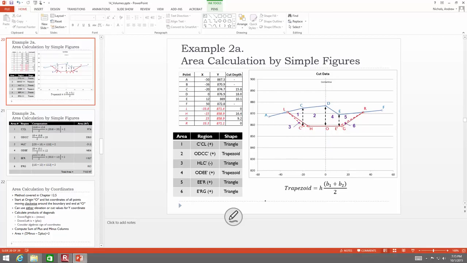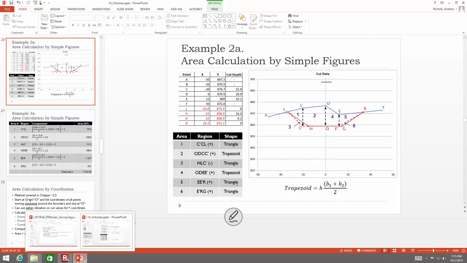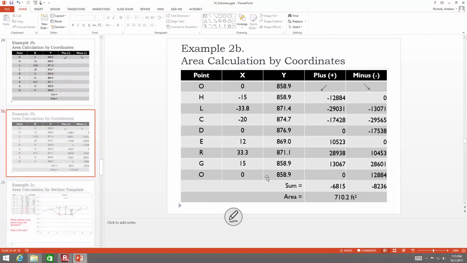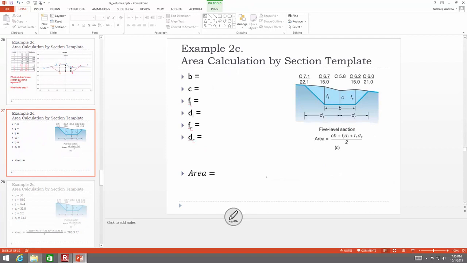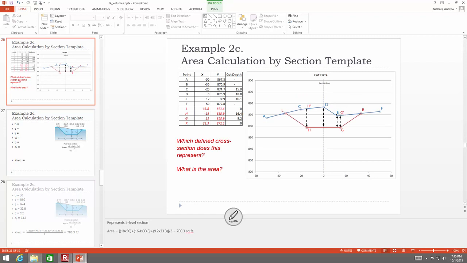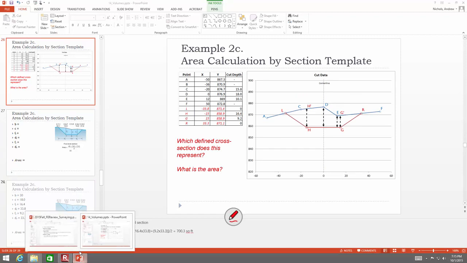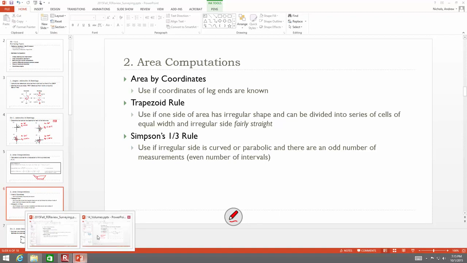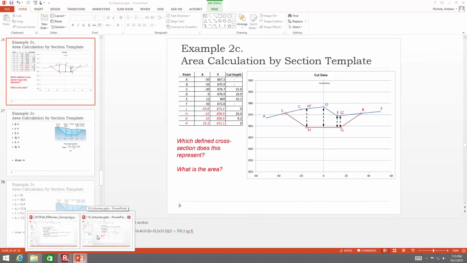And this is a different trapezoid calculation, isn't it? H times B1 plus B2. The coordinates. Yeah, I think it is the bottom of that shape. I would think so, because it said in the slides that you're on that W is the common interval, and if it's an irregular shape, then